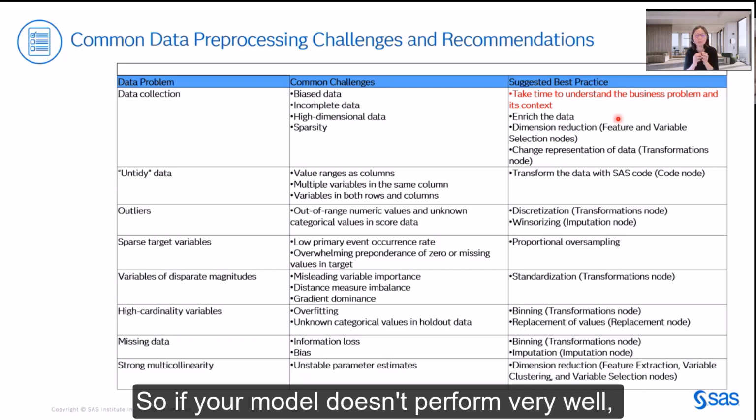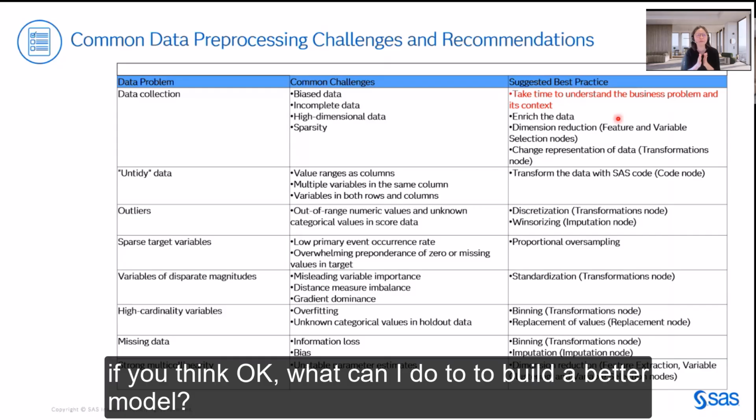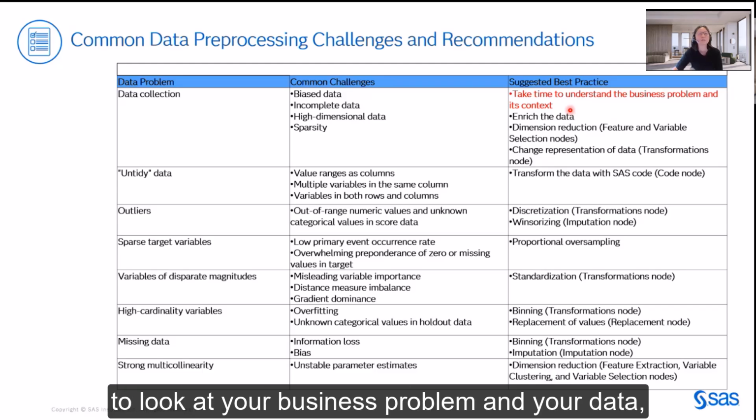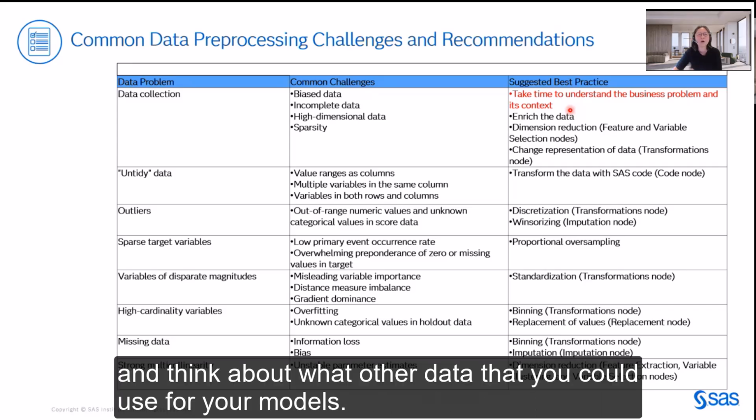So if your model doesn't perform very well, and you think, okay, what can I do to build a better model? The first thing I would suggest people do is always to look at your business problem and your data and think about what other data you could use for your models.